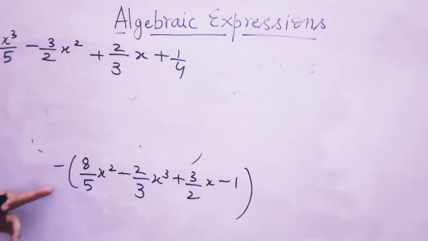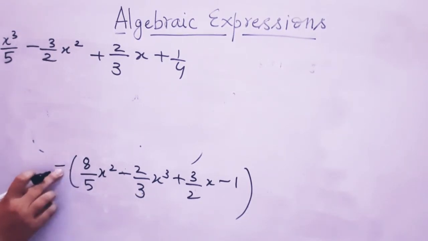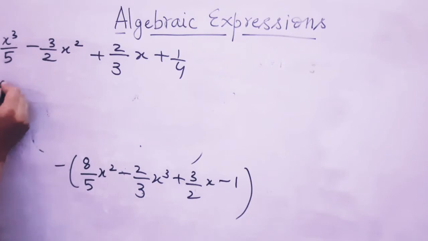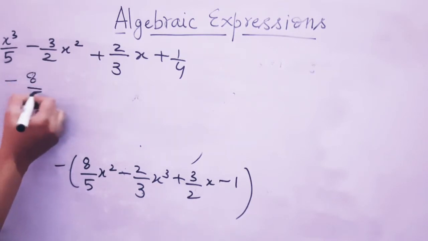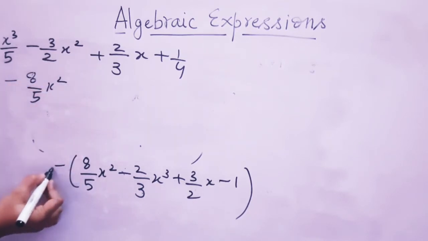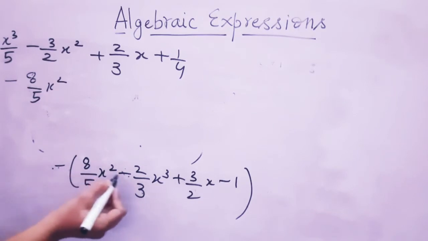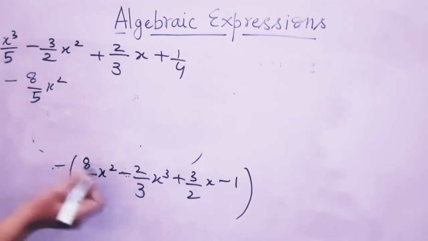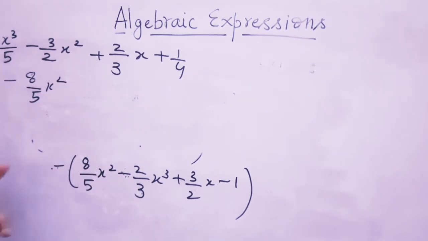Now I am opening this bracket. So this is positive, this is negative. So plus minus minus. So here it will be minus 8 upon 5 x square. Now this minus and this minus. In the chapter integers, during multiplication of integers, you have studied that minus minus